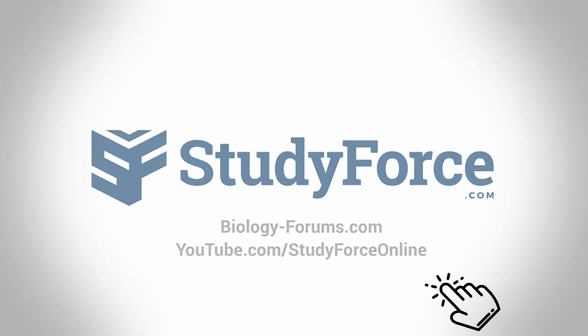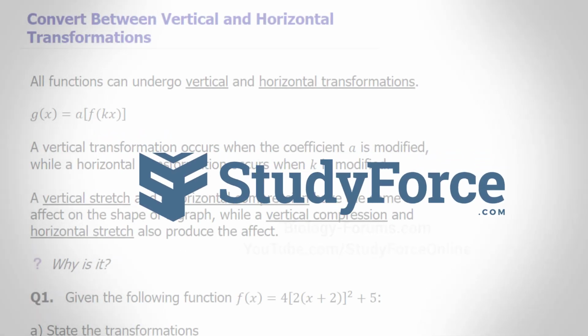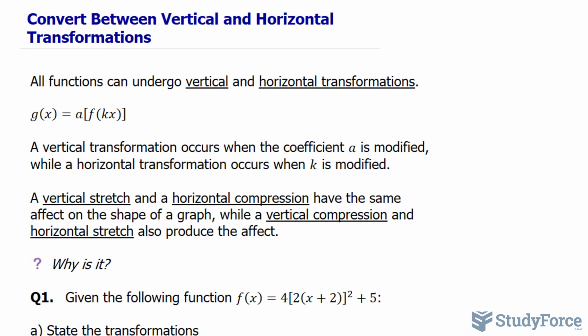In this video, I'll show you how to convert between vertical and horizontal transformations. All functions can undergo vertical and horizontal transformations. Take a look at this generic representation of a function, g of x. We have g of x being equal to the coefficient a multiplied to the function f, where the input is k times x. A vertical transformation occurs when the coefficient a is modified, while a horizontal transformation occurs when